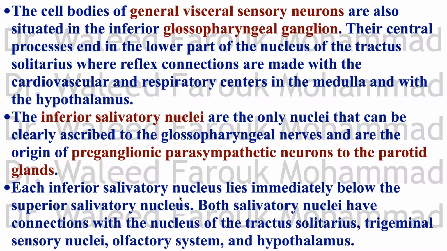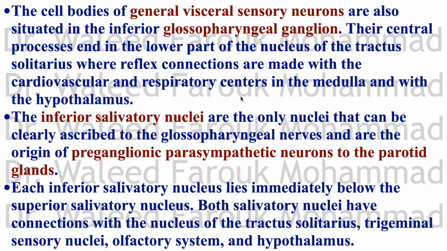Now, the cell bodies of the general visceral sensory neurons are also situated in the inferior glossopharyngeal ganglion. The central processes end in the lower part of the tractus solitarius, where reflex connections are made with the cardiovascular and respiratory centers in the medulla and with the hypothalamus, all to regulate the cardiovascular and respiratory